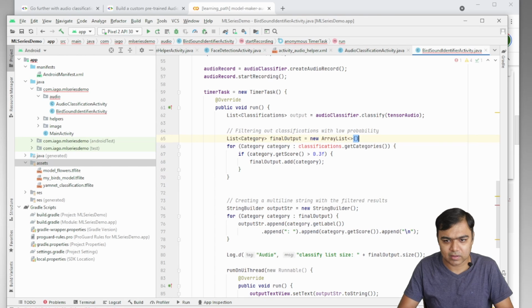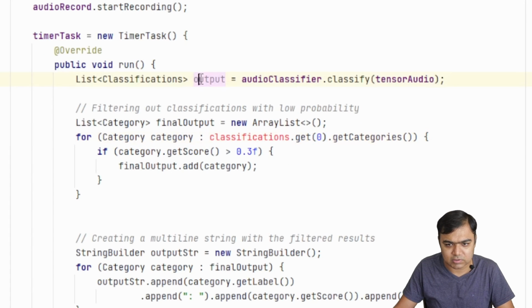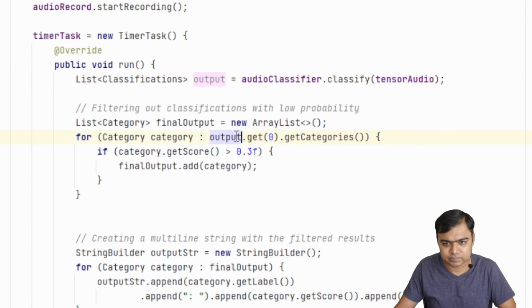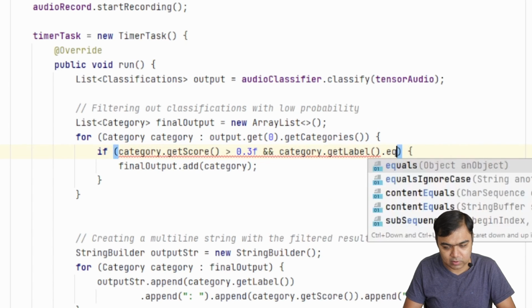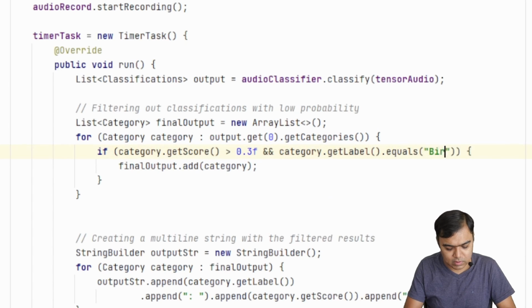So this is actually output.get(0). If the category.getScore is greater than 30% and category.getLabel equals bird, only if this is bird, we will go ahead.